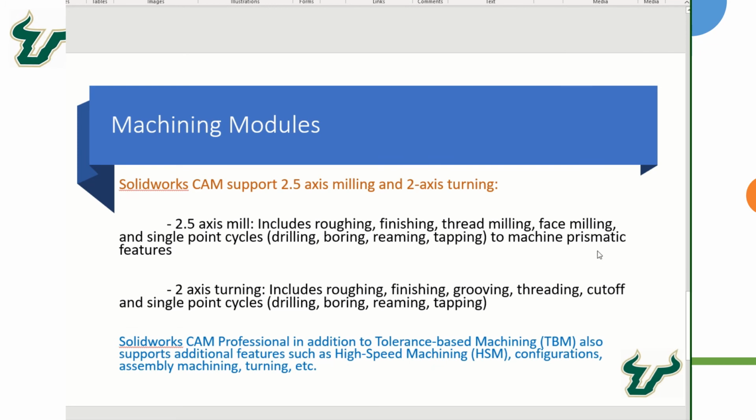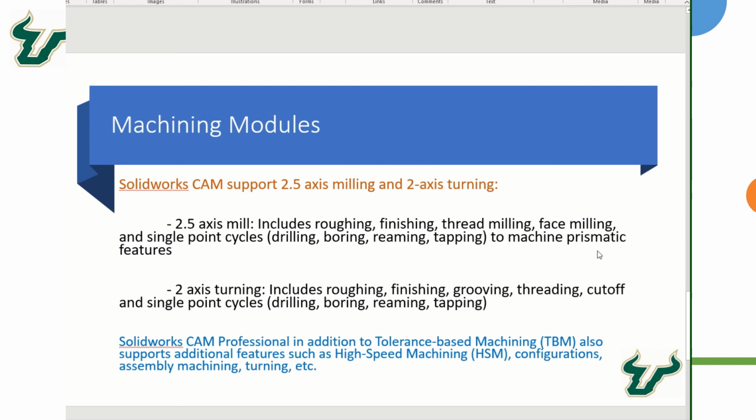Okay, so coming back to the machining modules, SolidWorks CAM has a 2.5 axis mill, and that includes roughing, finishing, thread milling, face milling, and single point cycles, for example, drilling, boring, reaming, tapping, to machine prismatic features. And I'm sure you've done all these things in your manufacturing processes class. As well, 2-axis turning is something that SolidWorks CAM can do, and that includes roughing, finishing, grooving, threading or cutoff, and single point cycles, for example, drilling,